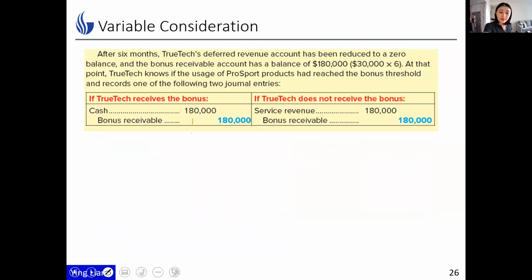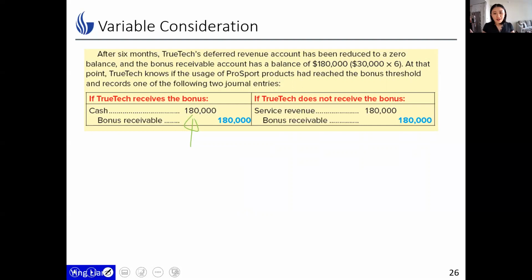That is, when we have cash, we reduce the receivable amount. Now, we describe the situation when we receive the bonus. And finally, we're going to do the following journal entry: debit cash and credit bonus receivable. So eventually bonus receivable equals zero. Zero balance is as if it doesn't exist.